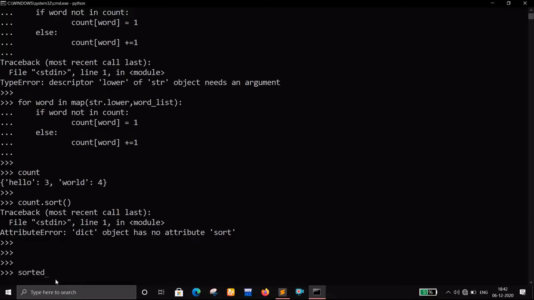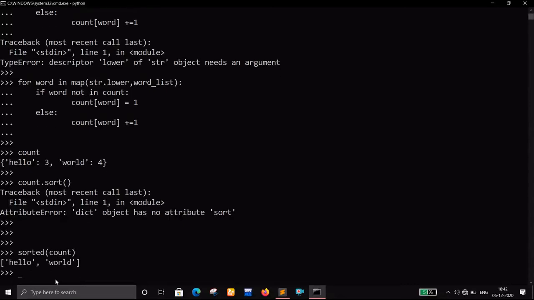So you say sorted, then you say count. But only using this will give you again an error. Okay, not error actually. It will give you a list of keys, and you do not want that. You want a dictionary, right? You want this format, not a list. So what you will have to do is say sorted count dot items. Okay, you have to say this. Why do you have to say items? Because